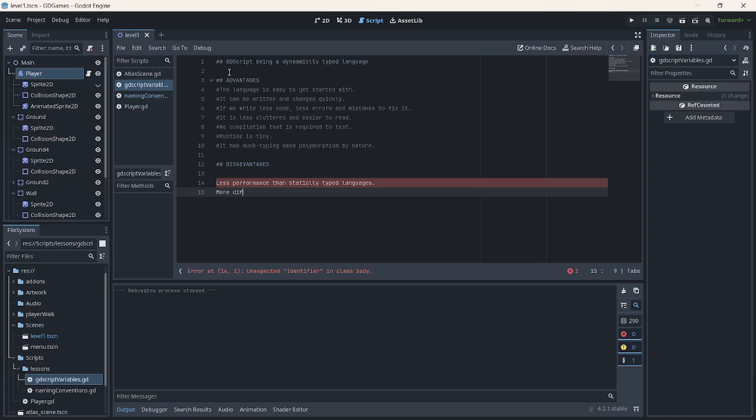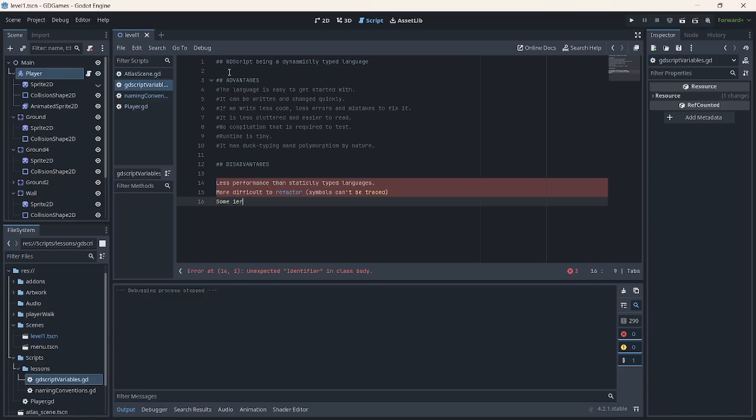It's more difficult to refactor. That means there might be an issue with symbols that can't be traced. I think this is one of the common things, so we have to consider how we are going to refactor code that we have already written.